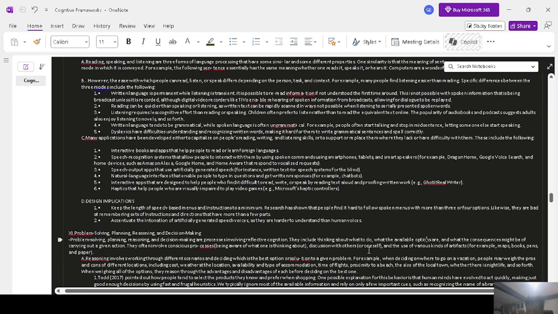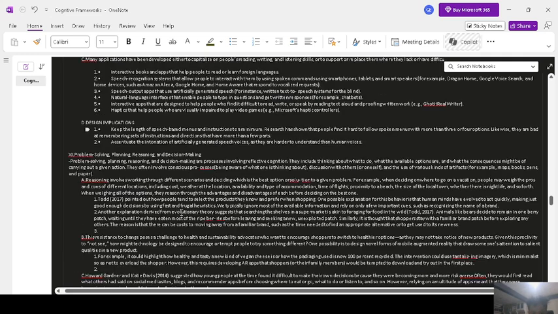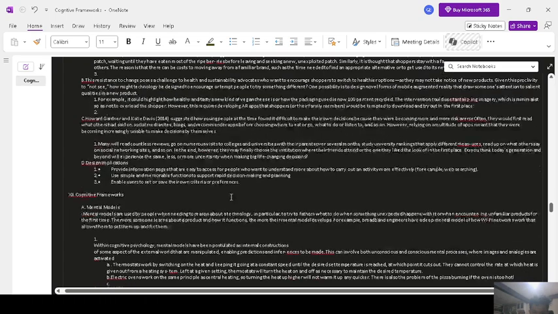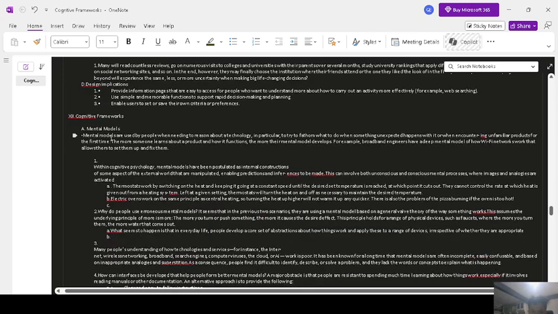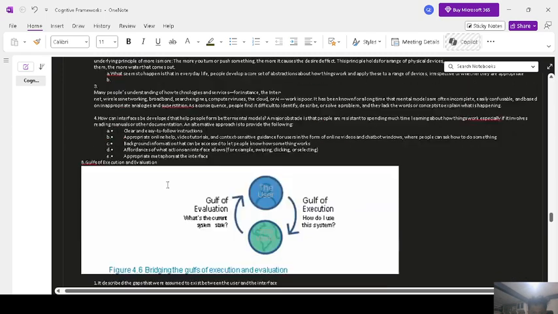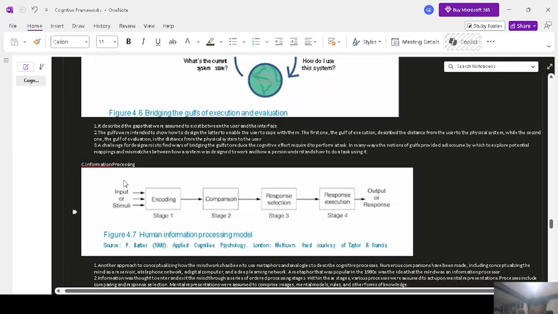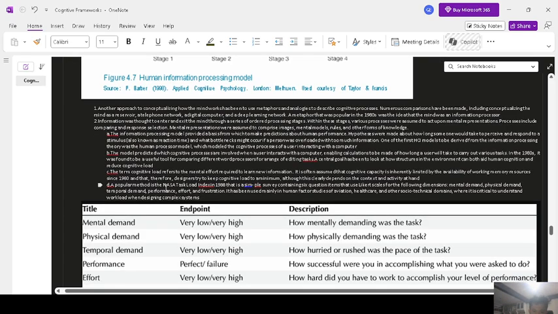Okay, so we're done. Basically, I just have a few here: problem solving, planning, reasoning, and decision making. Cognitive frameworks. So here are the mental models, and then we have blocks of execution and evaluation. Information processing. That's a good topic.